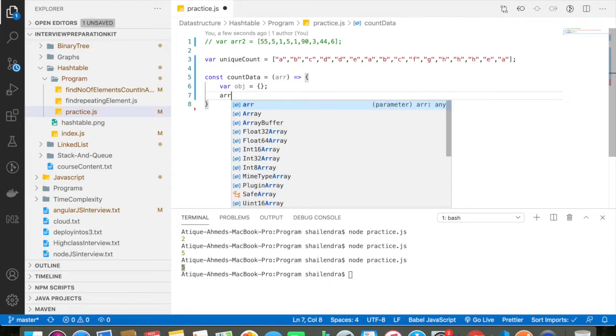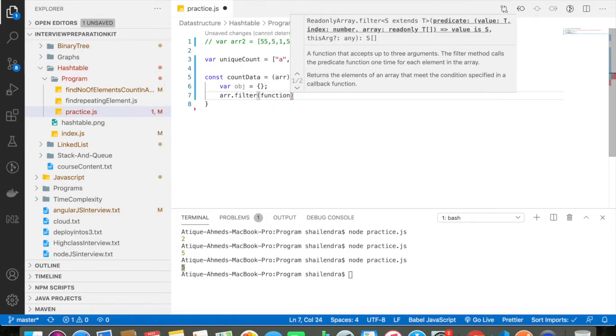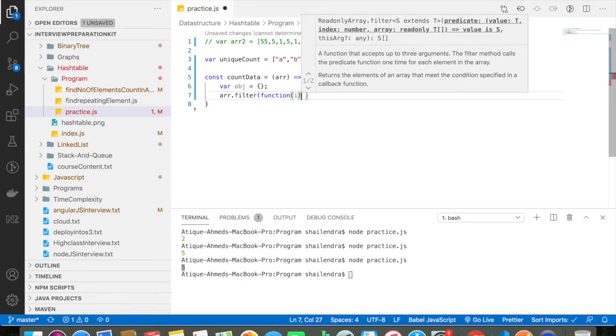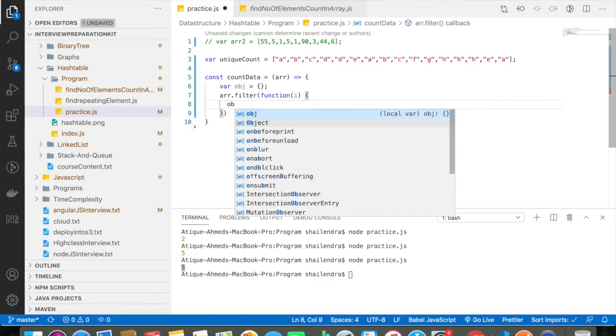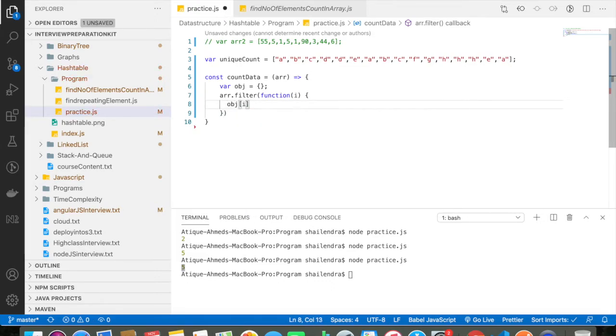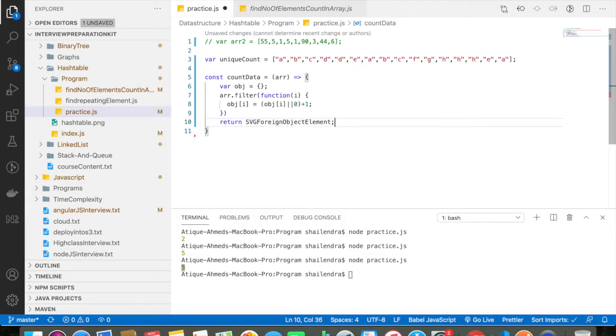I can say arr.filter, which takes a function of I, and here obj of I is equal to obj of I or 0, plus 1, and after this I simply return obj.